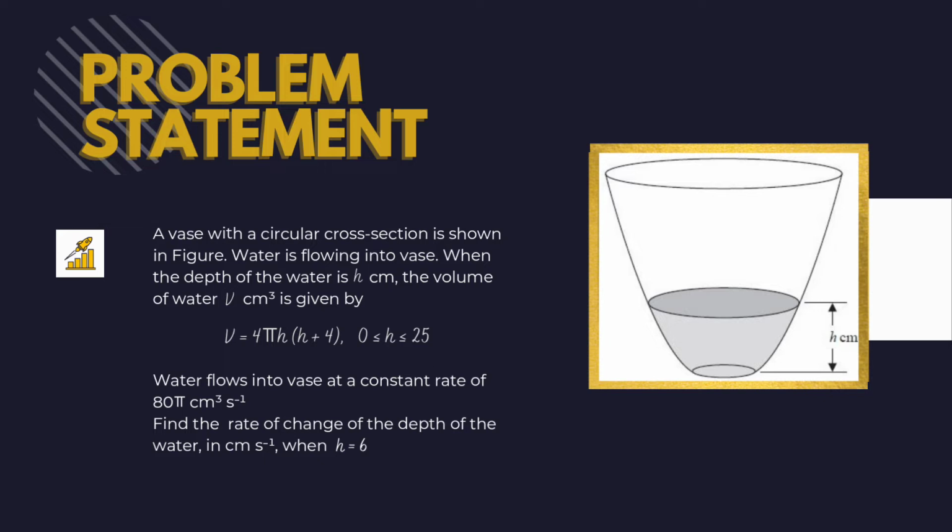Water flows into the vase at a constant rate of 80 pi cm³ per second. Find the rate of change of the depth of the water in centimeters per second, when h